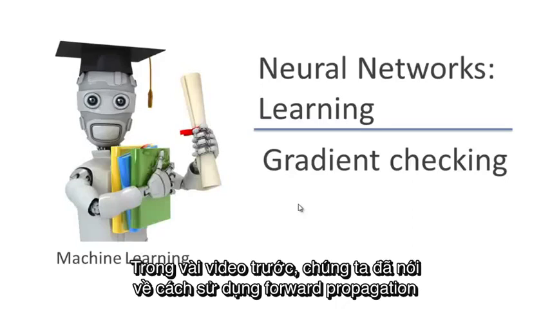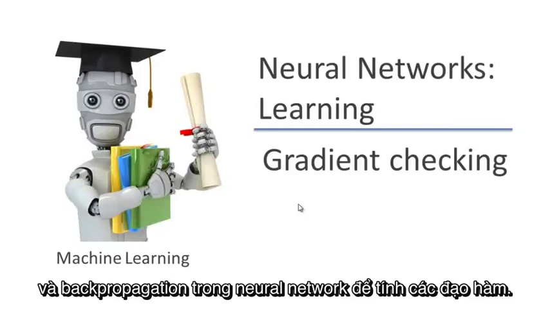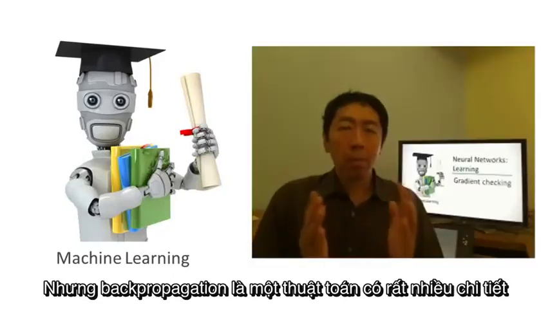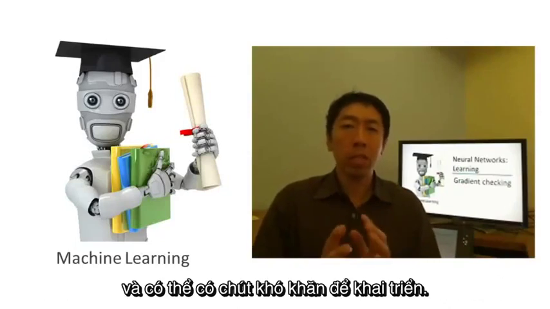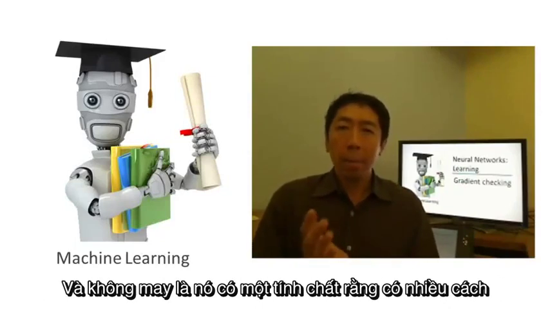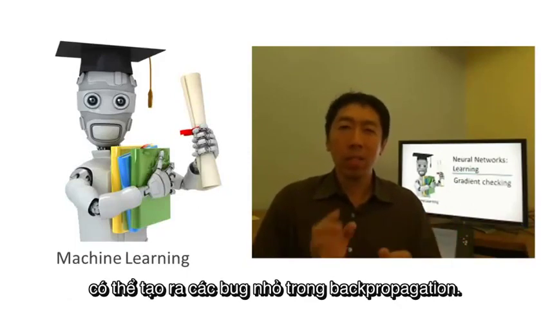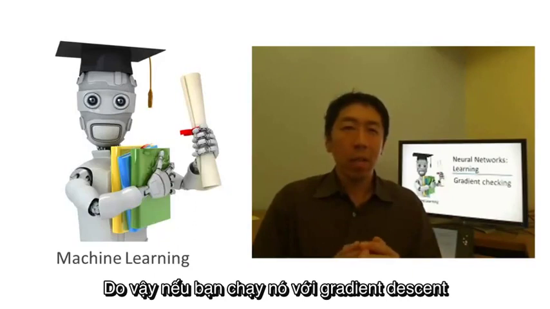In the last few videos, we talked about how to do forward propagation and back propagation in a neural network in order to compute derivatives. But backprop as an algorithm has a lot of details and can be a little bit tricky to implement. And one unfortunate property is that there are many ways to have subtle bugs in backprop, so that if you